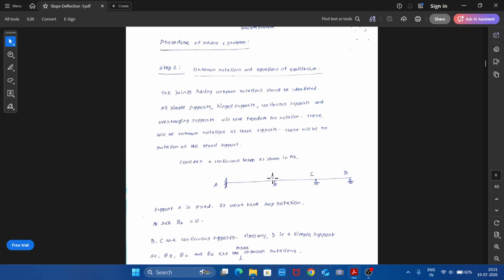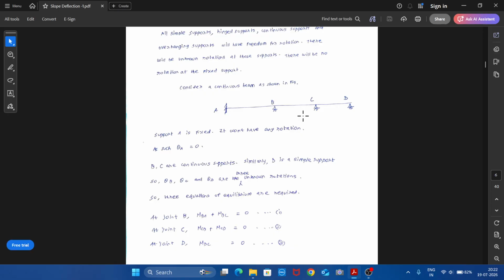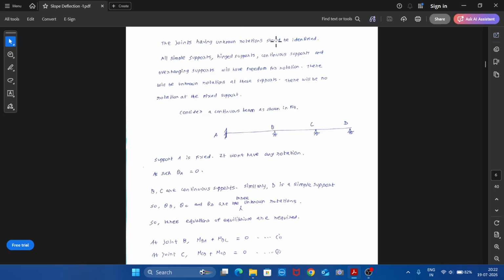Whereas supports B, support C, they are continuous and support D is freely supported. So these supports will naturally have rotation or slope. So theta B, theta C and theta D are the unknown rotations. So this is how we should identify the unknown rotations in any problem. So this forms the first step. So if there are any number of unknown rotations, we need to form that many number of equations of